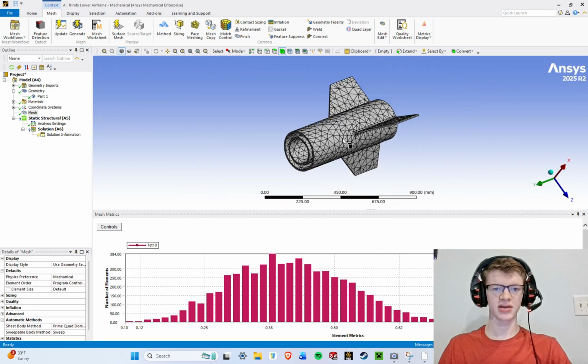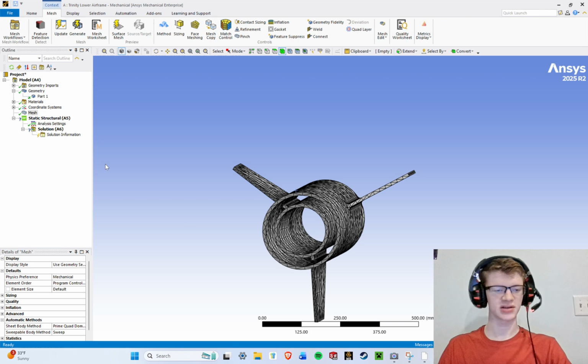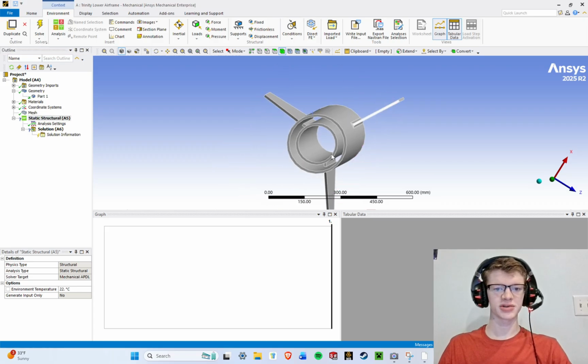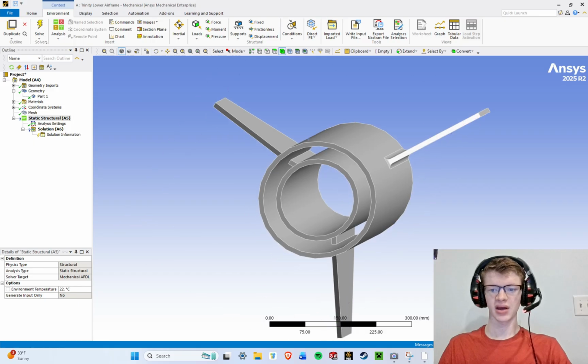So this is what we will be using for this video. Just keep in mind that this is not the ideal. So we want to simulate our fins, don't we? Yes, we do. Let's close these two so we have a better view of our geometry, and switch back to